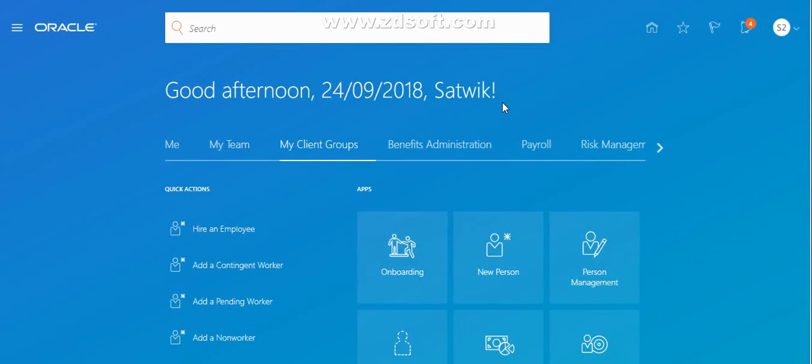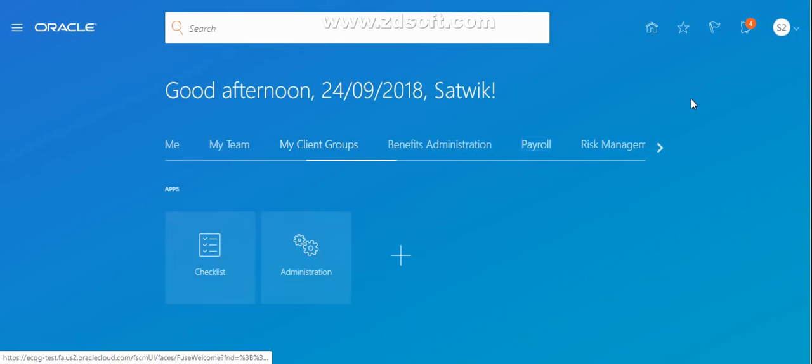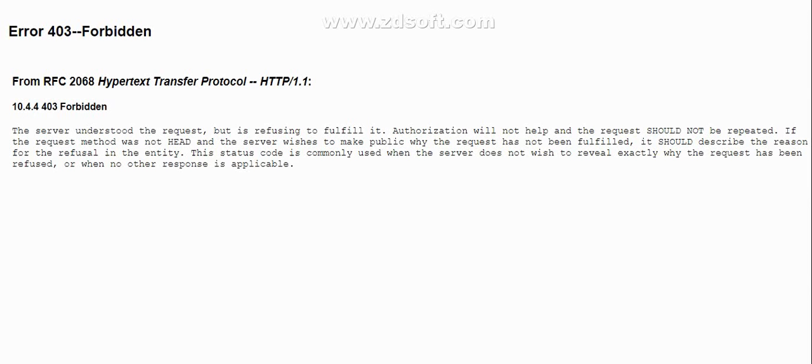In order to submit your HCM extract, there are three ways you can submit it. You can go to data exchange, and under data exchange click on submit extract, that is one option. Or else you can go to payroll, and under payroll go to either checklist or administration. There you have submit a process or report, which you need to click, and then select the same extract name you are going to submit, and provide some parameter values.